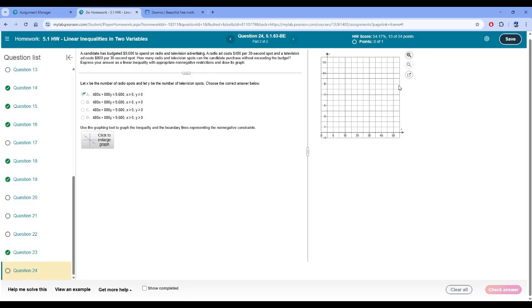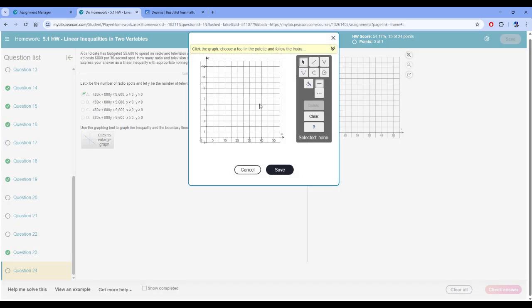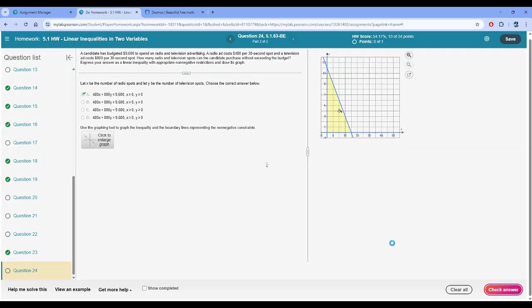And now we're going to go ahead and graph that. I don't know, what is this going to be? 96 divided by 48, I believe, is 20. So when y is 0, that's 20. And then what's 96 divided by 80? That's 12. And then we need our constraints for the zeros. One more constraint for my 0. And then I'm just going to box this in. Check answer. Done. That was a really, really easy